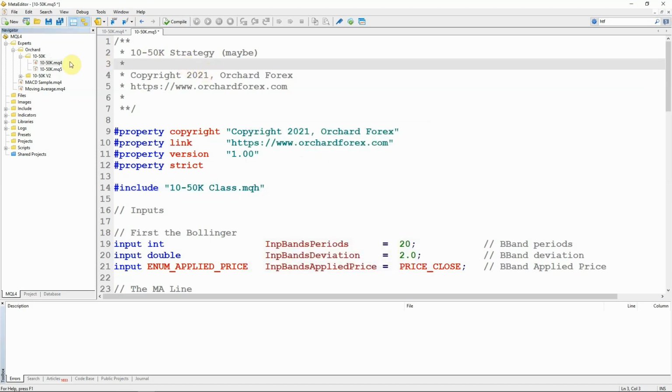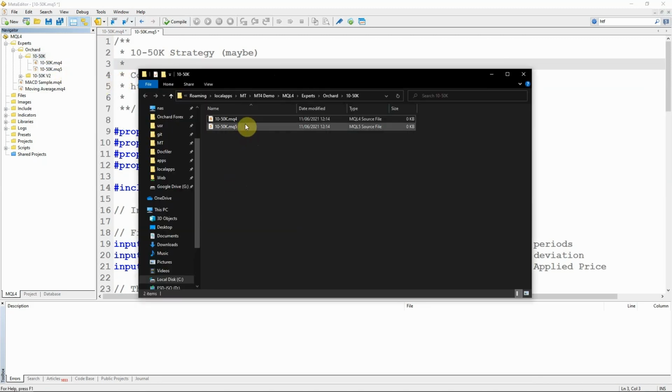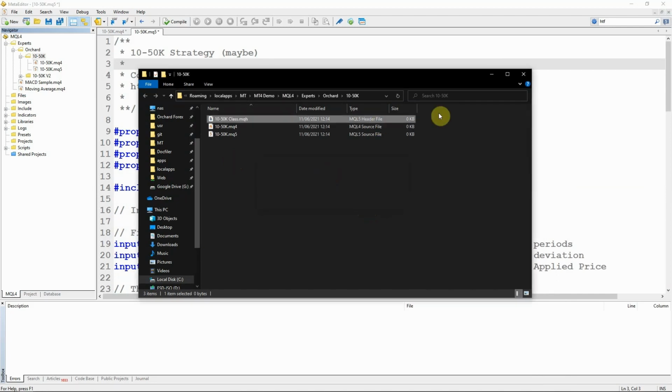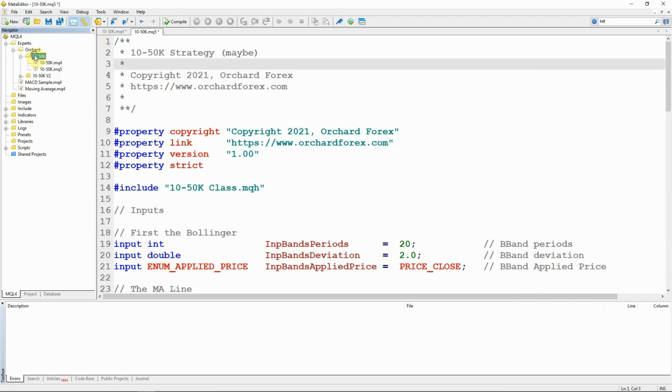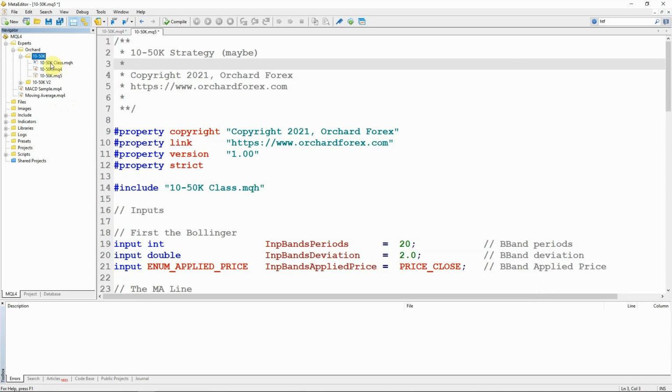So I find the easiest way is to right click on here and open the folder, and here are the MQ4 and the MQ5 files that I've created already. I'm just going to copy one of those, paste it, change the name, and change the extension to MQH. Then if I right click back here and refresh, there's the class file.